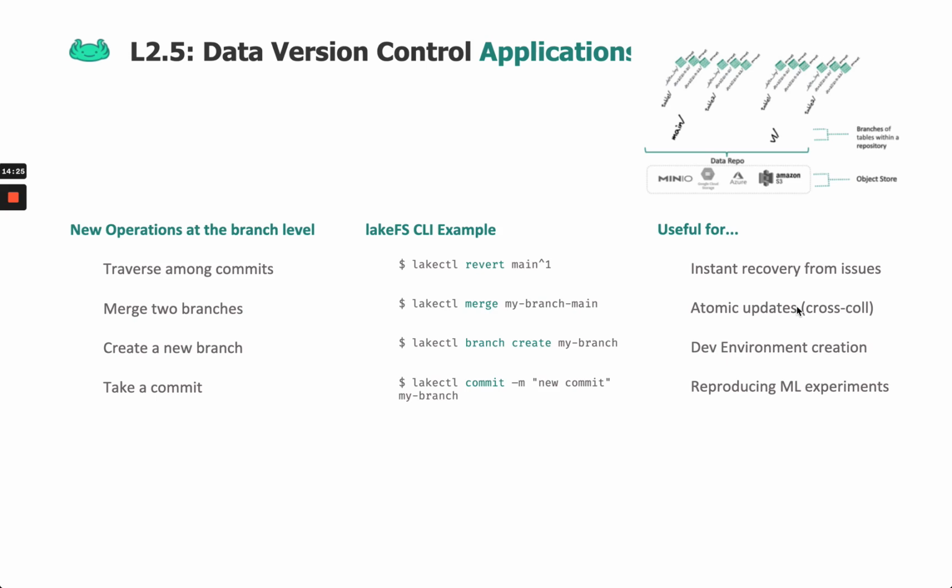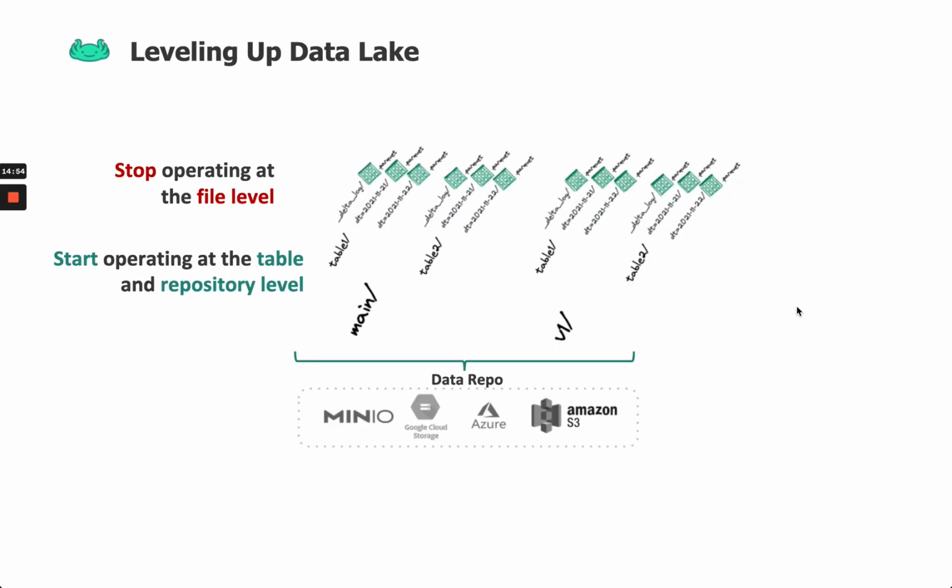My merge and all my updates are atomic across all the tables, across all the collections that I work with. Branching enables me to have a specific developer or testing environment, which, like you mentioned, someone had a beautiful question here, how should we go about that? And if I want to take a specific commit back older in time, this is really useful when I need to reproduce machine learning experiments. I've seen a lot of use cases related to FDA regulations and things like that, where the team had to reproduce the exact experiment and show how they're reproducing it. So they had to combine code plus environment plus